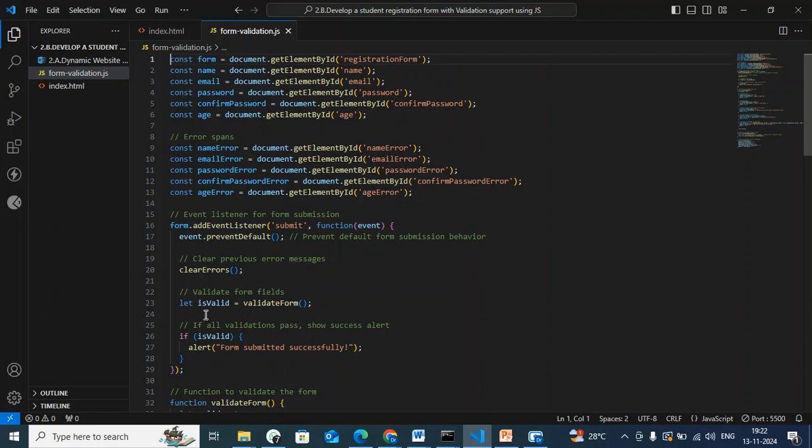And validateForm: we are trying to validate the form fields. When we validate the email, whether it contains the at-the-rate symbol or not, and whether we are giving the password correctly or not, we are going to validate it using the validateForm function. So isValid is the variable which stores the validateForm return value. If isValid is true, then the alert message comes: